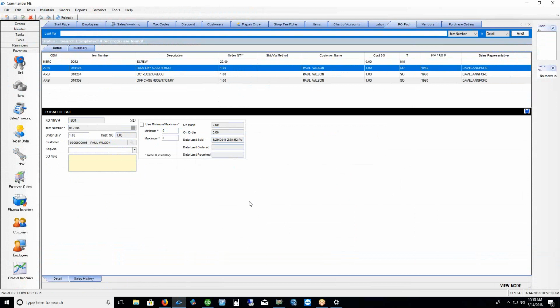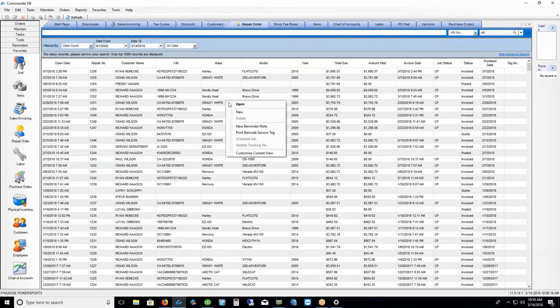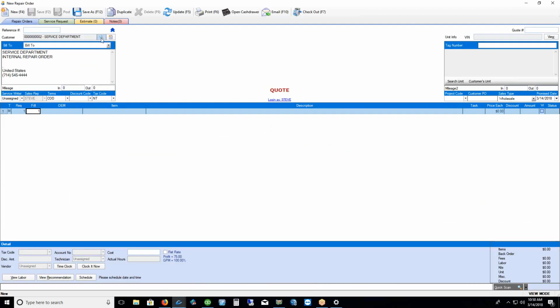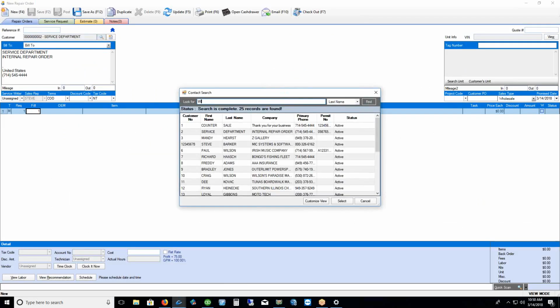So anytime I delete an item from an invoice or a work order, it takes it off the PO pad. So let's go quickly to repair order. Right mouse click, start a new repair order. Let's go ahead and select our customer here,